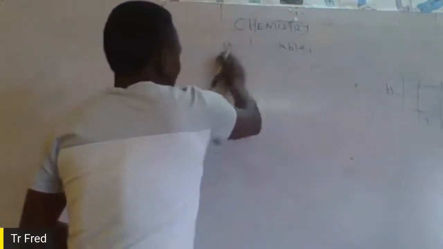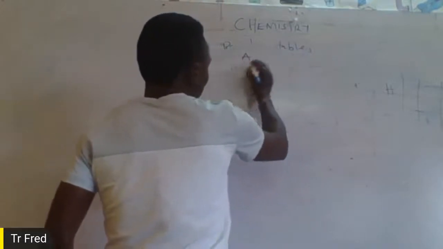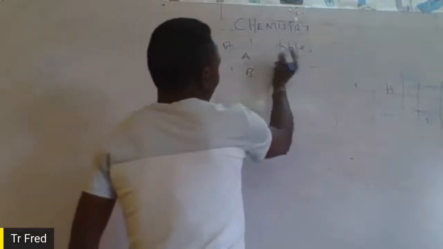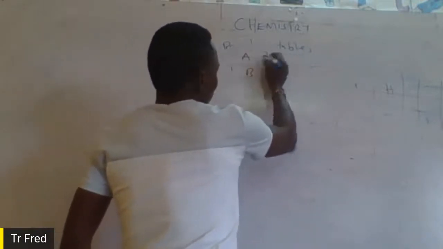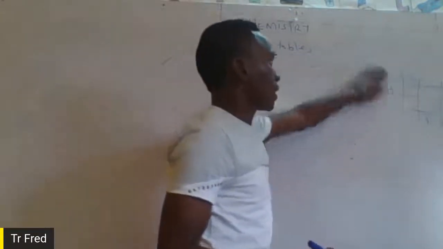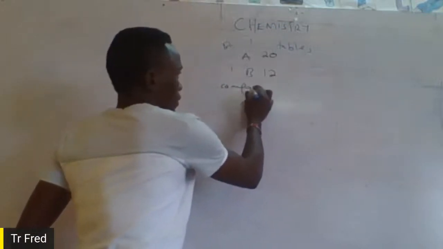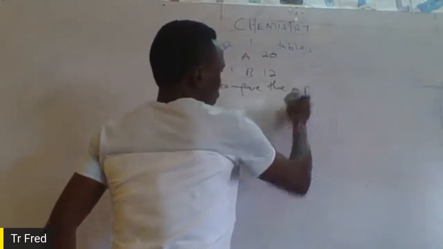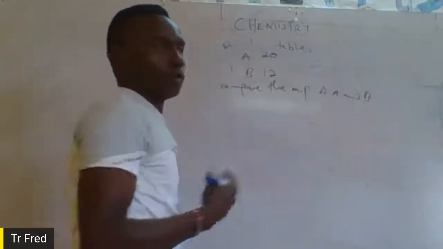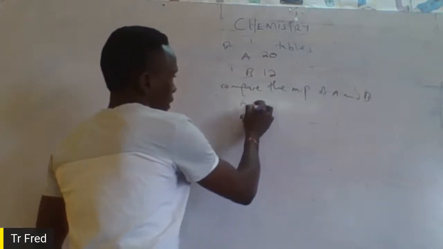the real atomic numbers. Like for example, we have element A and B, where instead of being given the electron configuration, we are given the atomic number, like 20 for A and B has 12. Then we are being asked to compare the melting point of A and B. Now the melting point of A and B can be compared after stating the electronic configuration